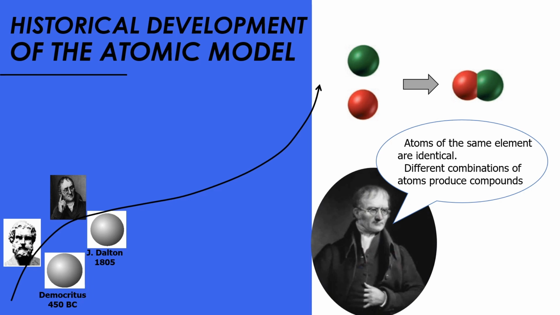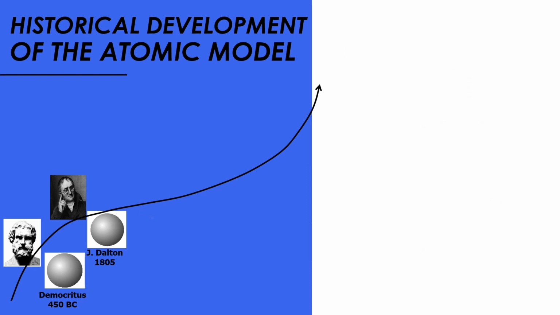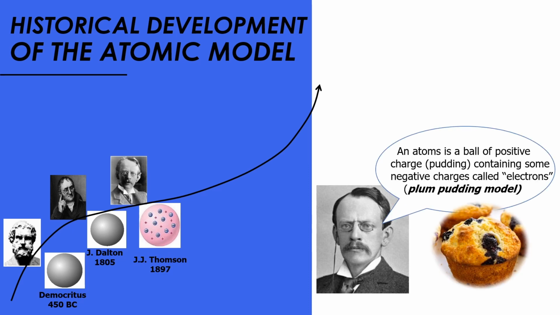The twist that Dalton used is that atoms are the smallest building structure of matter. That's right, but their shape is almost the same. They are all spherical. Atoms of the same element are identical, and different elements have different atoms. Nevertheless, when these atoms combine together, they can produce compounds. Pretty close to what we know about atoms nowadays. And by the way, with John Dalton in 1805, the history of studying the model of the atom evolved rapidly. Not long after that, after around 100 years, another English physicist this time